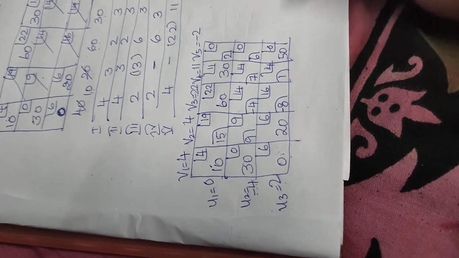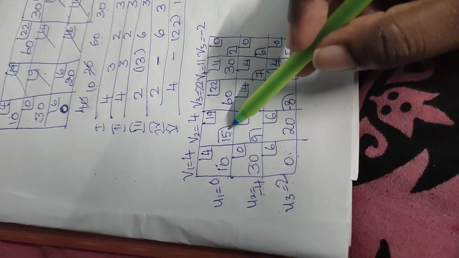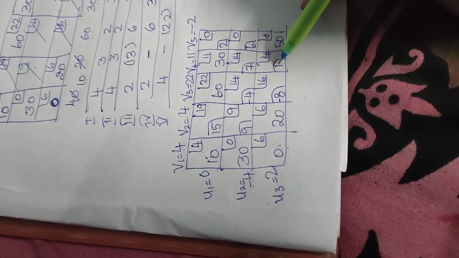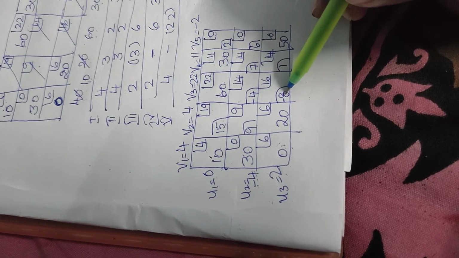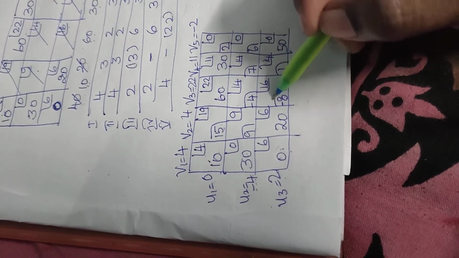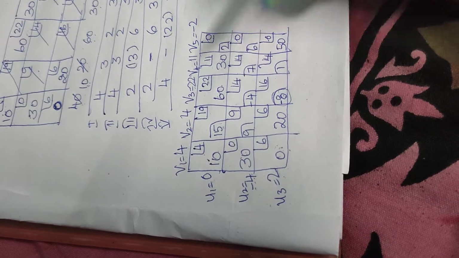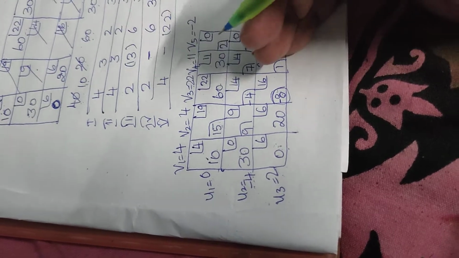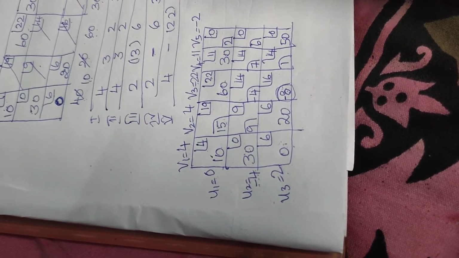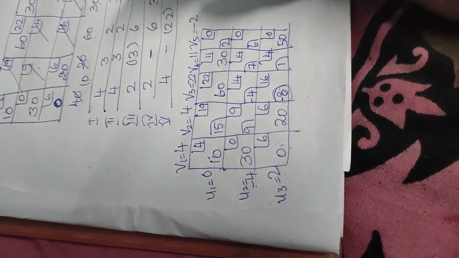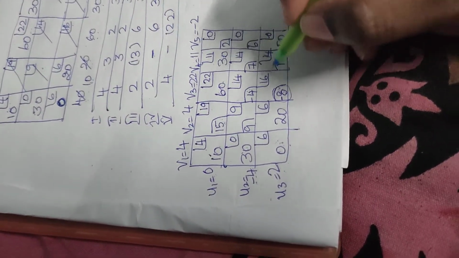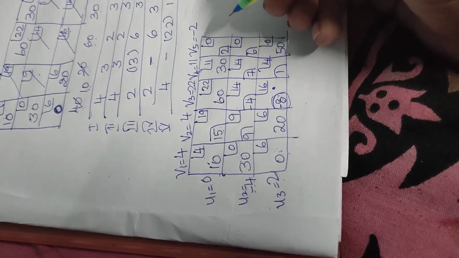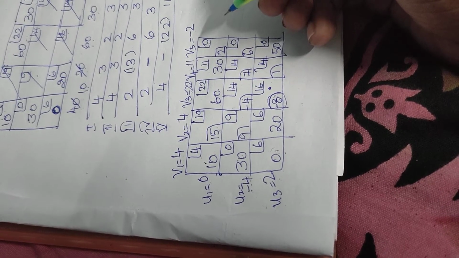Okay. So now if you notice, in the unoccupied cells: plus, plus, plus, minus, plus, plus, plus, minus. There are two minus values. So I am going to take the most negative value, and from that we are going to continue. Out of the two negative values, this is the most negative, that is, the highest negative value. 8 negative. 4 is the lowest negative. So the highest negative value is minus 8. So I am going to select this. And as usual, the rules for drawing: when you draw, you have to turn only in an occupied cell.